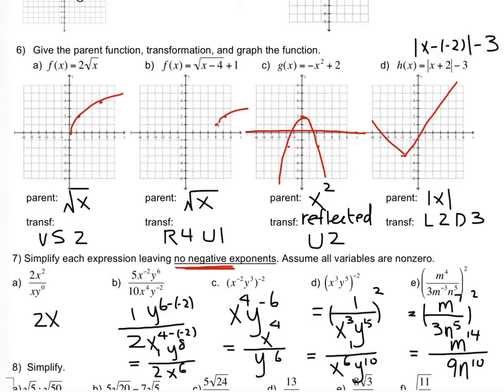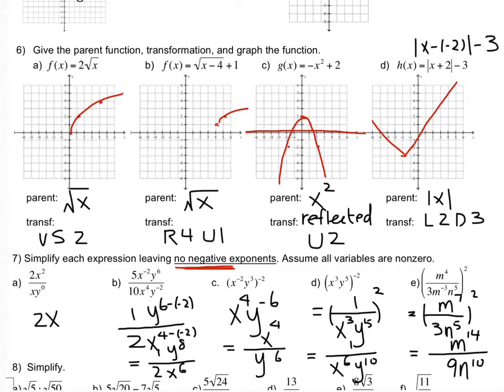Y to the 6th power over y to the negative 2. Again, 6 is greater than negative 2, so I take the bigger number, 6, minus the negative 2. And 6 was originally at top, so I keep it at top. So the final answer for letter B is going to be y to the 8th power over 2x to the